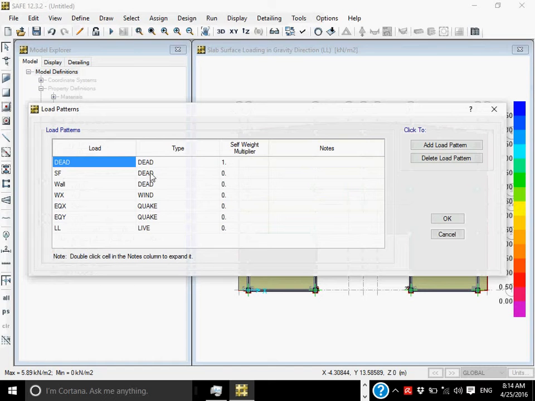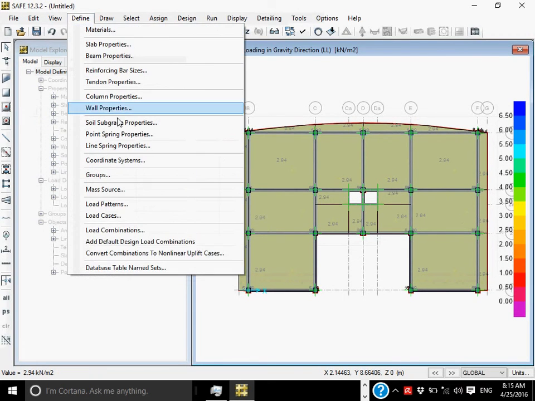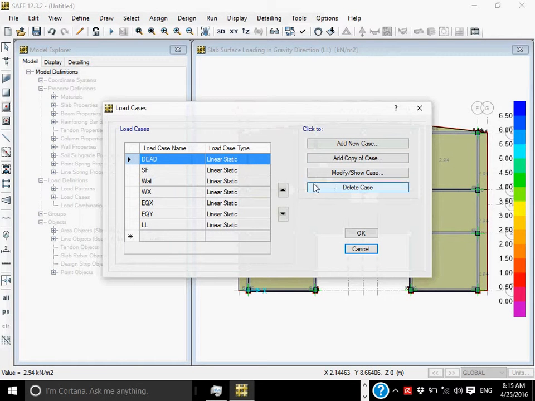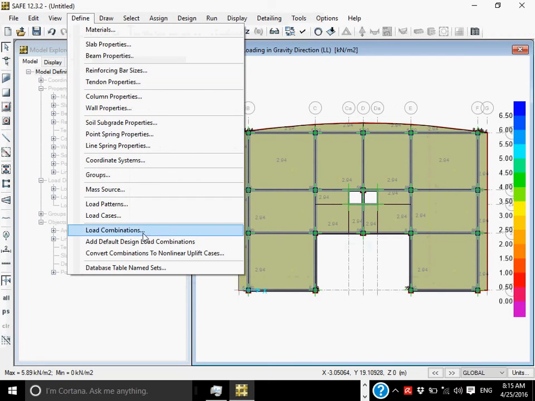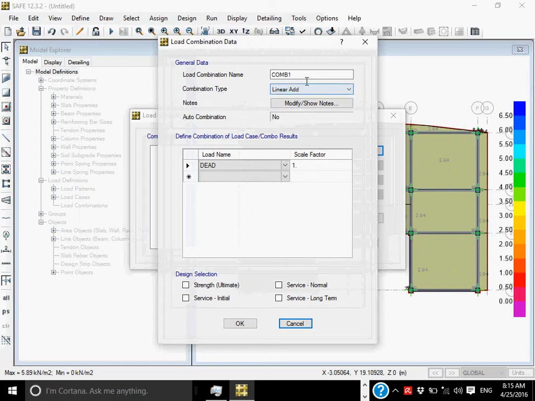Load patterns. These are the load patterns already from the load. Let me see if the load combinations are exported or not. Define load combinations. There are no load combinations, so you can add one combination just for our own.